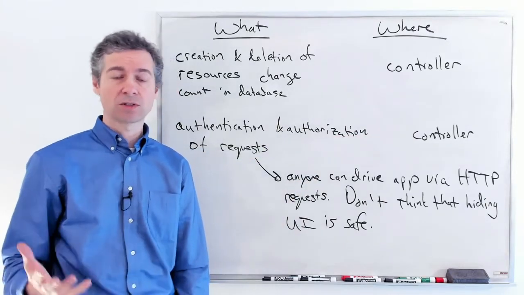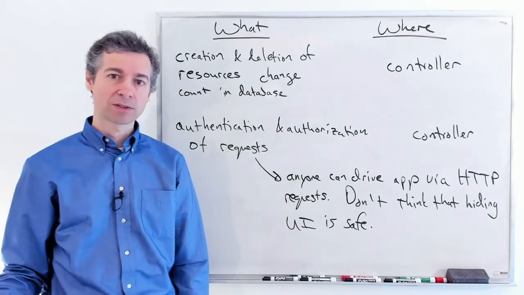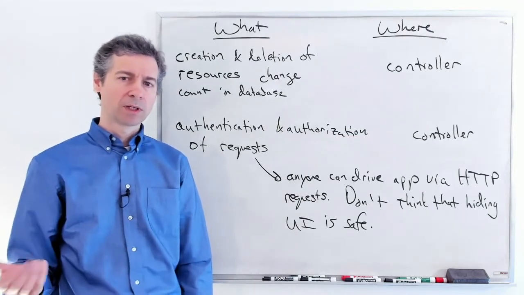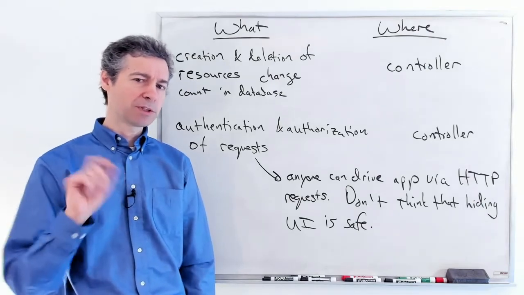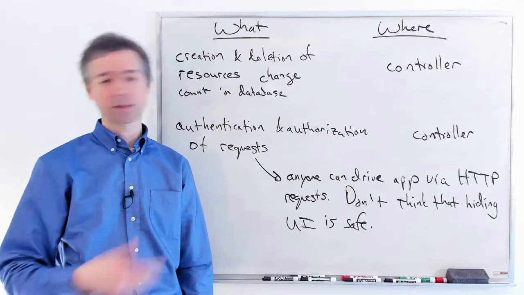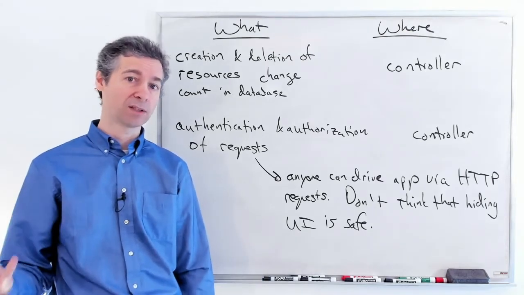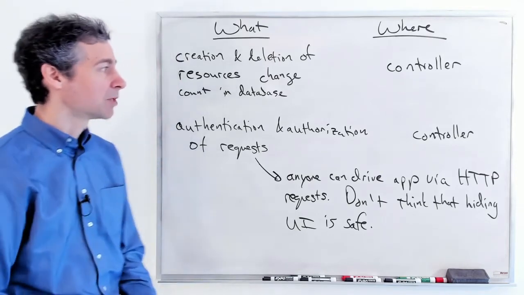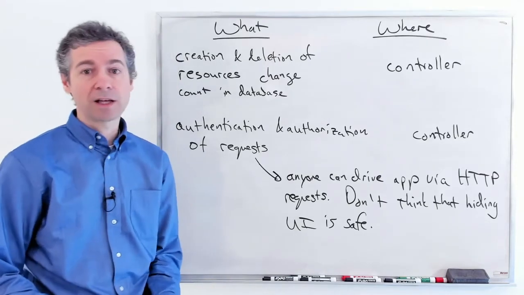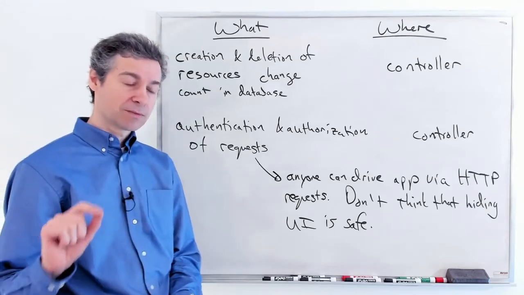You shouldn't just write a controller test for the creation of objects and ignore testing, well, was I able to create the object if I wasn't authorized? You should actually have a test that says, I attempted to create an object and I wasn't authorized and it failed, okay? That's the reality. Because without that test being there to check